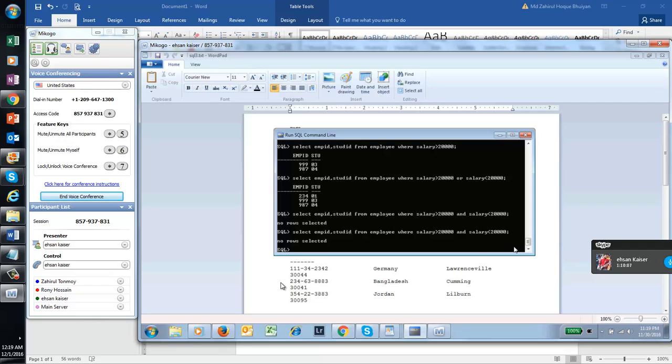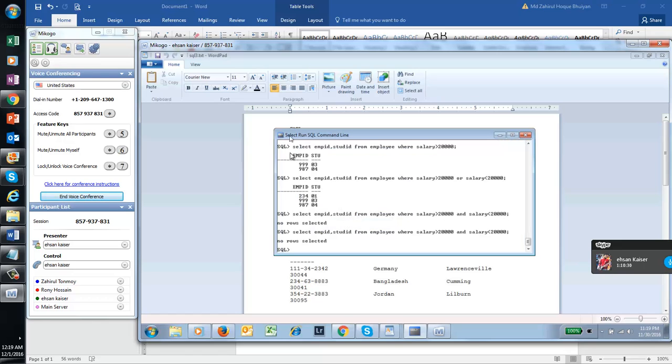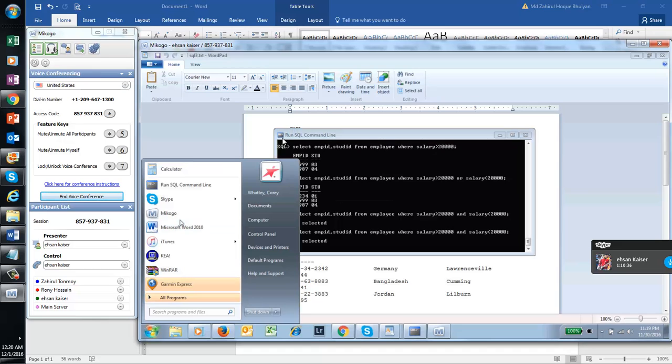Okay, now if you want to mail this information, like sometimes I will ask you to mail it, can you click on here? Actually, yeah, and can you click on it, edit, select all, and then again go there, edit, copy. Now if you open a notepad,